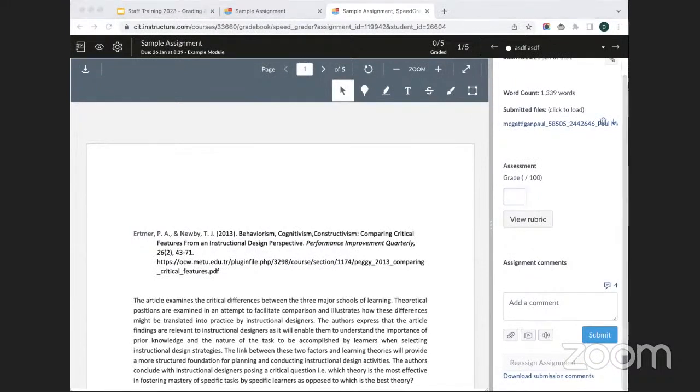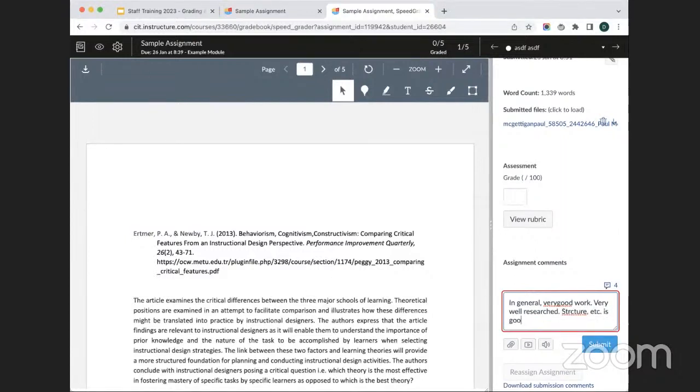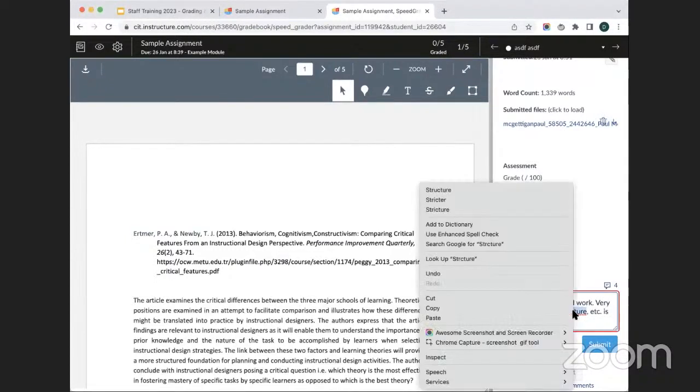The other thing which we can do is, if we wish to, we can add kind of, I guess, general feedback into this kind of assignment comments area here. So what I would tend to do is I would give students their mark here, and in here I would give them what I would describe as general feedback. So in general, very good work, very well researched, structure, etc. is good, so on and so forth. So the main element really here is just that we can add general feedback into this assignment comment area down here. So that's good for